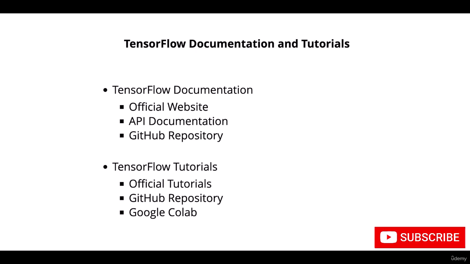The TensorFlow documentation is on the official website, the primary source of the documentation. Here you can find comprehensive documentation covering TensorFlow APIs, concepts, guides, and best practices. The next place that I would probably go is the API documentation. TensorFlow API documentation provides detailed information about classes, functions, modules, and parameters within TensorFlow's Python API. You can navigate the API documentation from the TensorFlow website or directly from Python using the help function or by browsing the source code. The last one is the GitHub repository, which is my favorite, where TensorFlow source code and